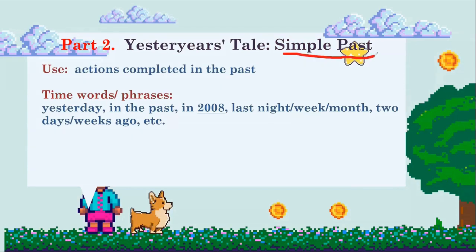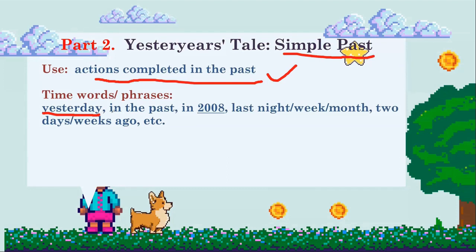And what is its primary function? It's all about capturing actions that were completed in the past, as you can see here, and to identify when exactly this past action took place, we employ time words or phrases. So right now, let's explore a few. The first one is yesterday,